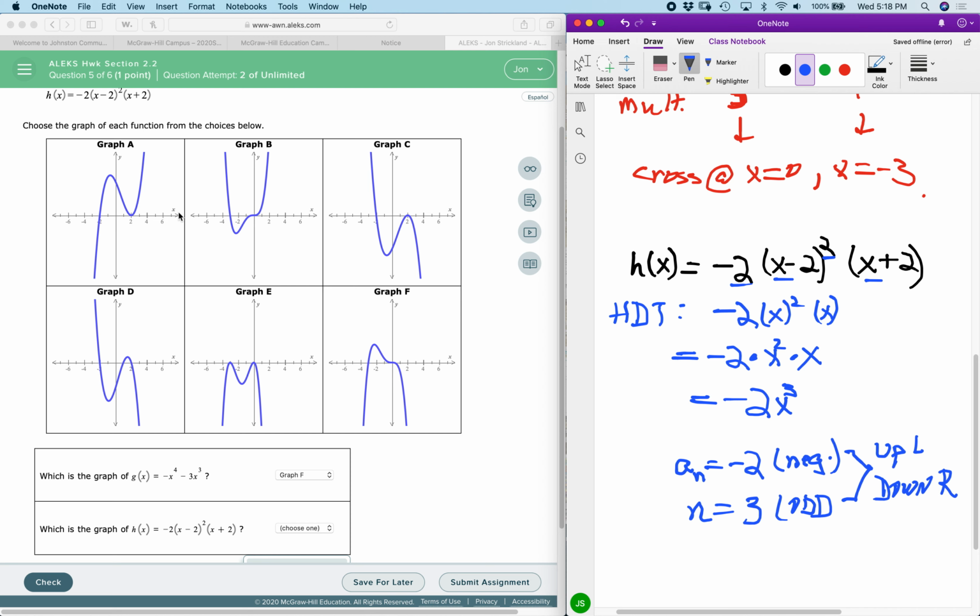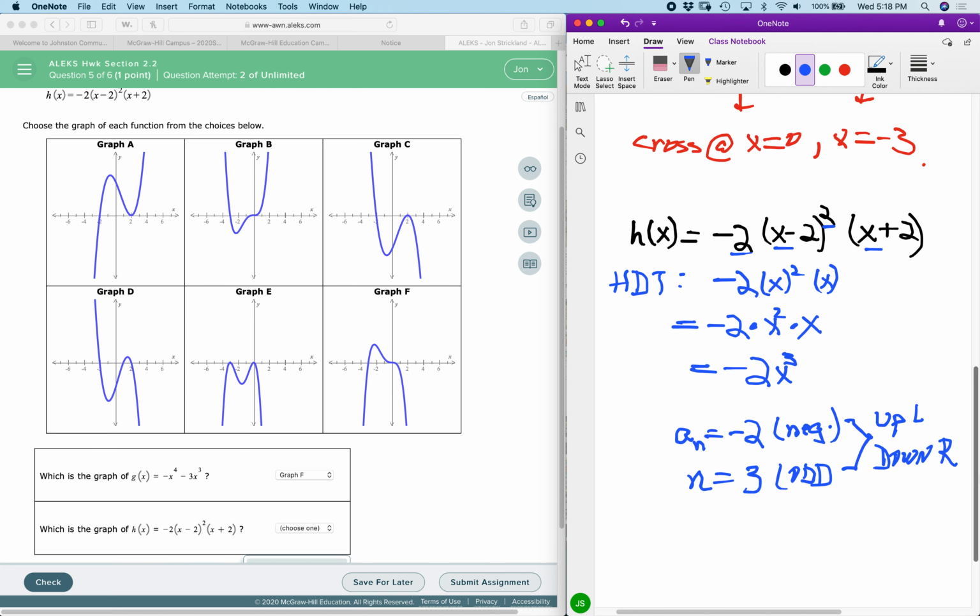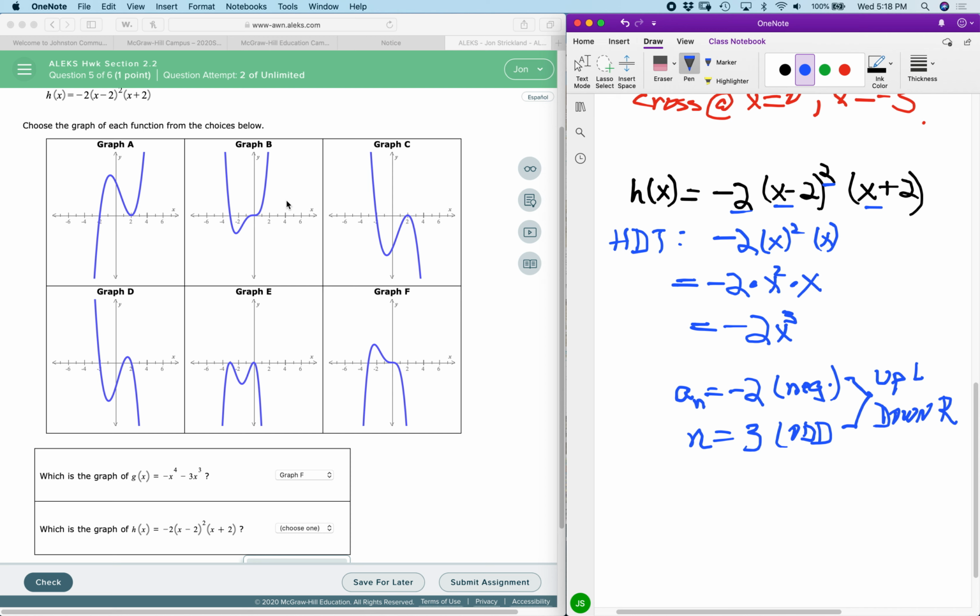So you have up to the left, down to the right. So A is not possible, B is not possible, C, however, is, D is also possible, and graphs E and F are not possible. So you have up to the left, down to the right. And in terms of which of C and D is going to be the one that defines or represents the function h of x. So it's going back, so you have h of x,